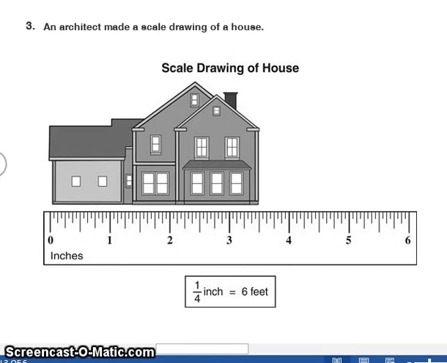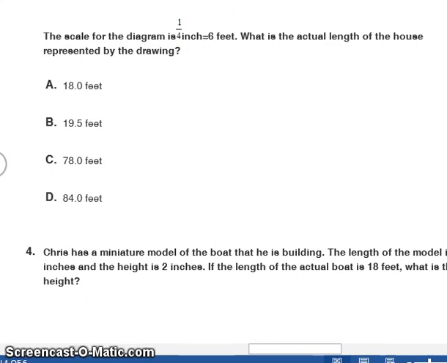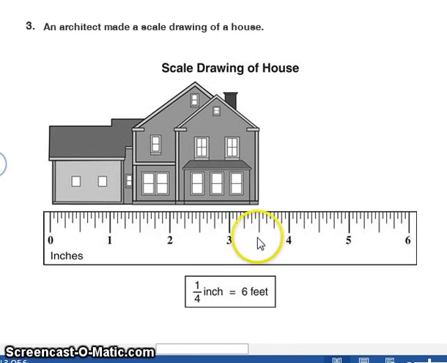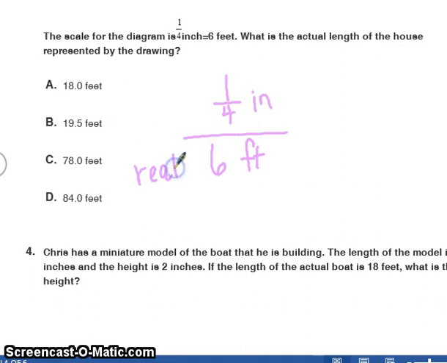Number 3, an architect made a scale drawing of a house. 1/4 inch is 6 feet. And the question says, what is the actual length of the house represented by the drawing? So I'm thinking this house on the drawing looks to be about 3.5 inches there. So let's use our scale. 1/4 inch is the drawing. 6 feet is reality. So if we have 3.5 inches in the drawing, how many feet